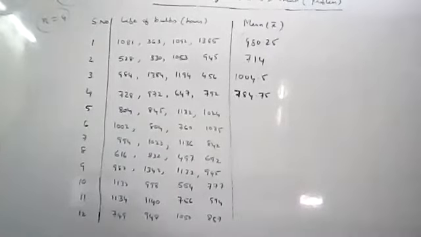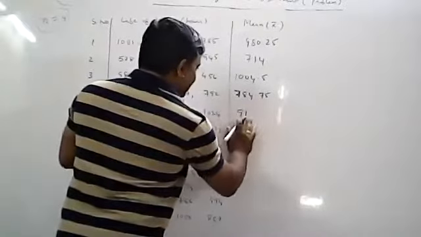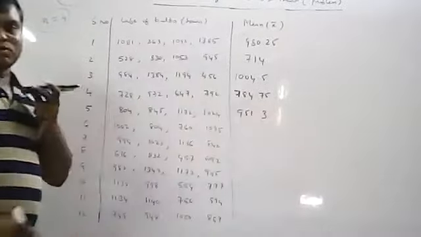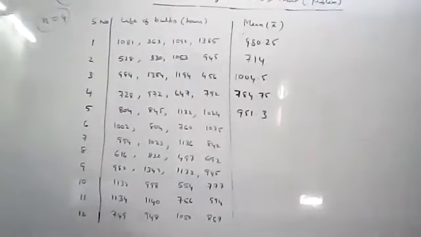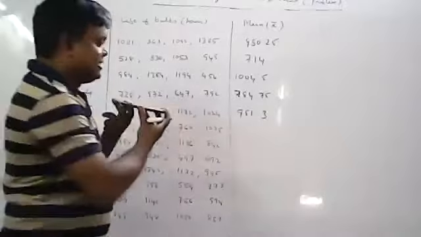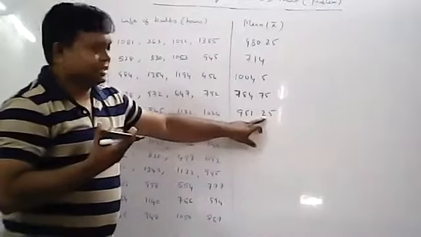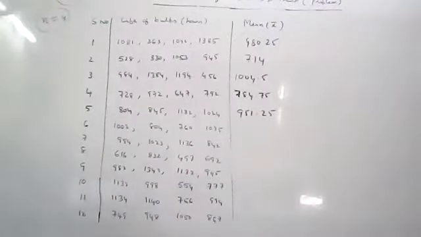Now we are doing the fifth sample. Can anyone get the answer? 951.25 is given in the textbook. Yeah, 951.25 or 951.3 you got. No problem. 951.25 is correct, but the calculator, that 5 is there, and it is adding to the next number. That's why you are getting 3. Otherwise, 25 is also correct. If you write one place, then it will become 3. So that's why you are getting 951.3. No problem. Next, similarly, do the next one.